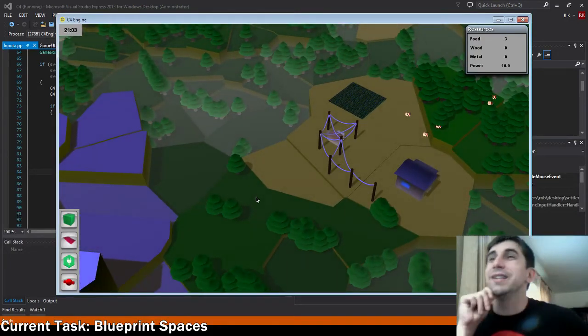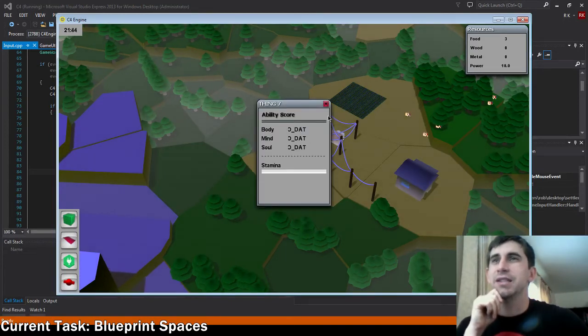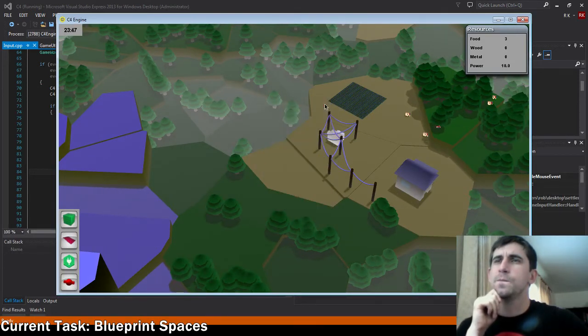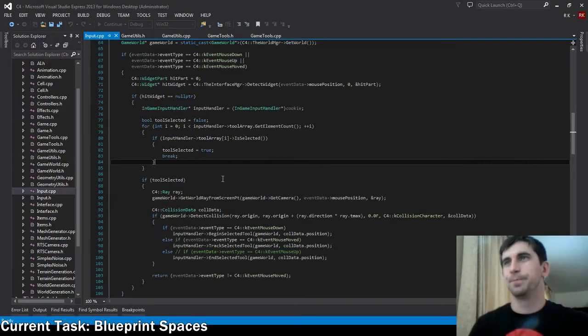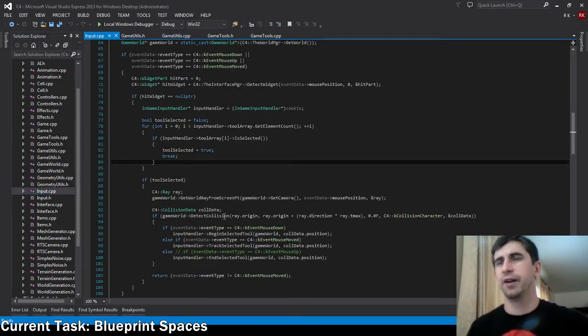Oh, I need housing. I want them to actually go into a house and sleep at night instead of collapsing on the ground. Also, why is there no data for their stats and stamina? That's not right. Let's fix that. That's a bug. Let's fix a bug that I just found, because I don't want to log the bug, I just want it to be gone. So somewhere in my input file,